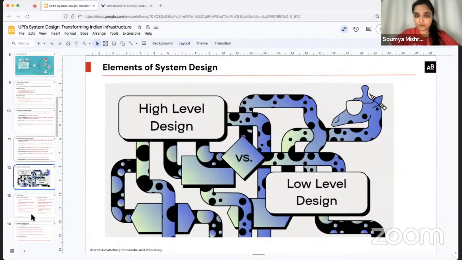Now, when we talk about system design, there are two elements of system design: high level system design and low level system design. So high level system design is mostly a bigger picture of it. It won't be that detailed. So for example,